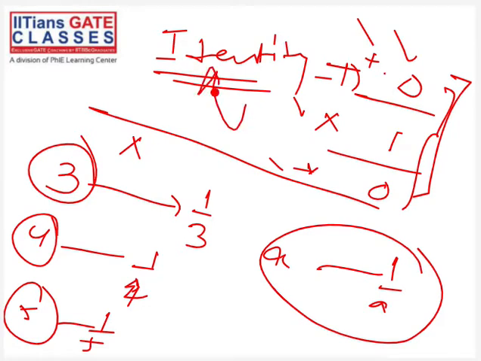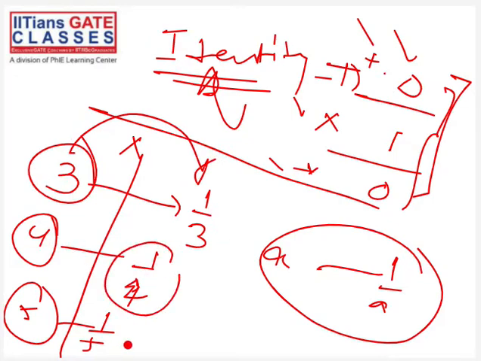I am saying this identity element is fixed for any operation, but inverse is with respect to some element. So this 1 by 3 is inverse of 3, this 1 by 4 is inverse of 4, this 1 by 5 is inverse of 5. But we do not say that this 0 is the identity element of 5. That is because 0 is fixed. You can take any element and 0 will remain as the identity element. So this is the difference between inverse and identity element.